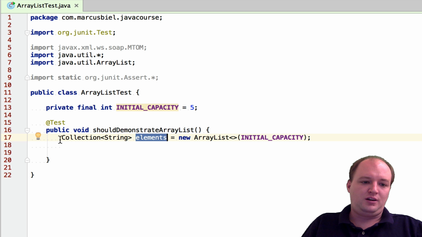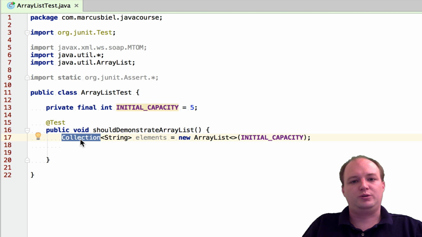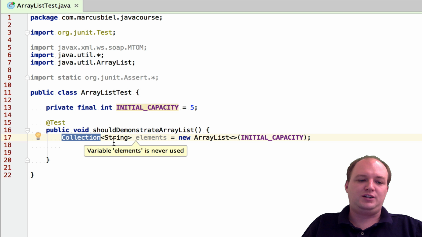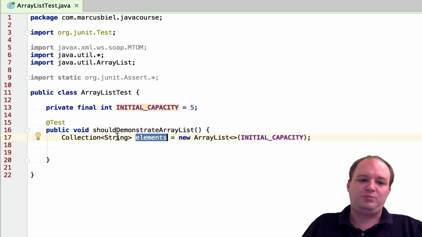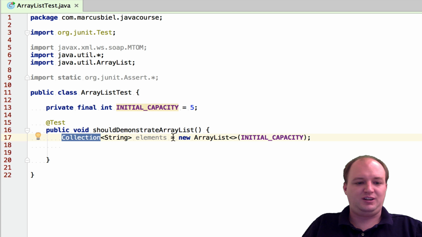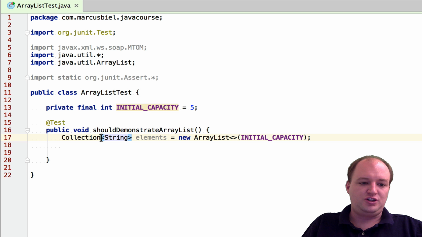Later on, we will switch here to a List interface because I will also show you methods that only appear in the List interface, but we'll start with a reference variable of type Collection. And then you'll also see the difference. Okay, what else can you see in this single line? Besides, you might spot that I've used generics in the angle brackets, so we have created a collection of type String.